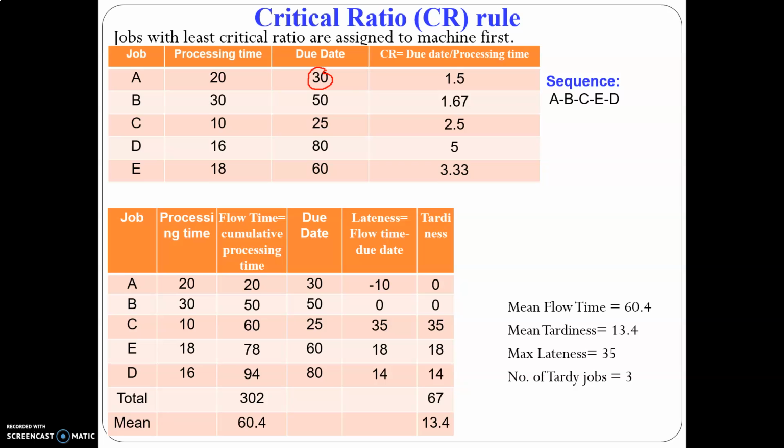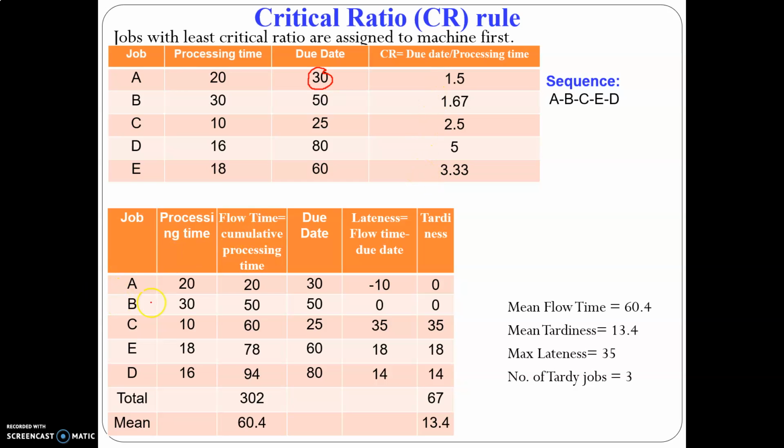So sometimes the due date will be 20 days. Sometimes the due date will be 10 minutes. Okay, I have to submit the job within 10 minutes. So this conversion that might get lost when I use EDD, early due date rule. So in order to retain the uniformity, I am dividing the due date by the processing time. Okay. So now I am going to arrange the jobs in the increasing order of the critical ratio.